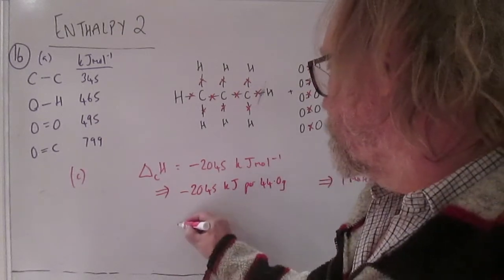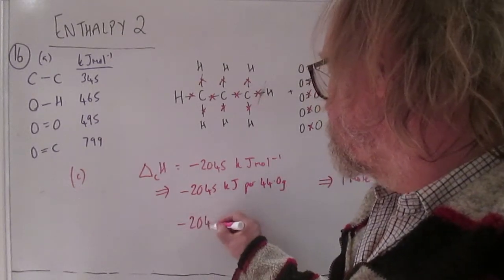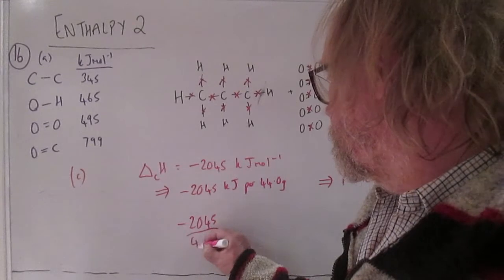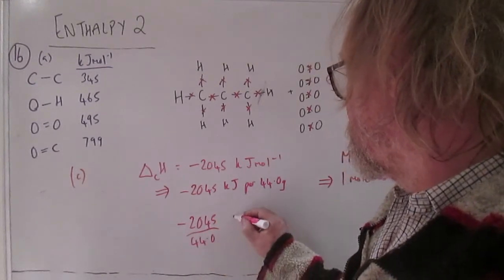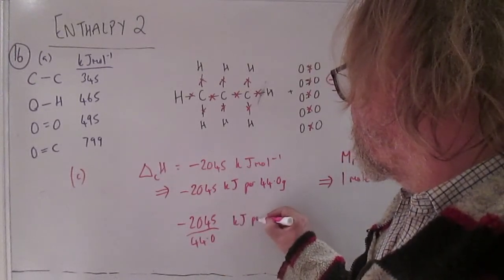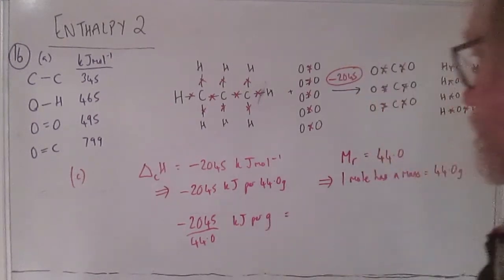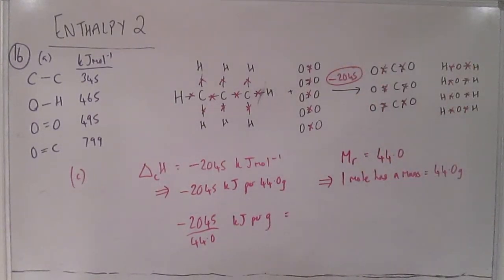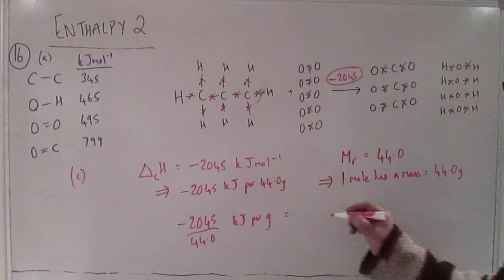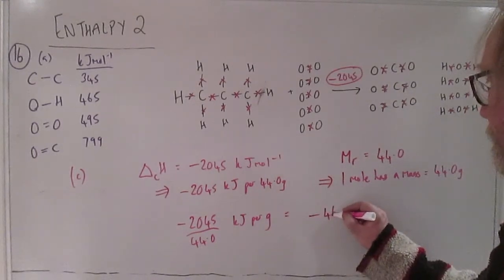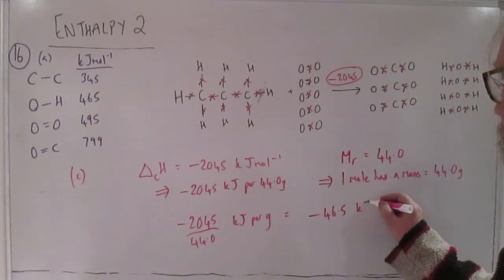So what that means is that it's minus 2045 kilojoules per 44.0 grams. So if we divide by 44, we get minus 2045 over 44.0 kilojoules per gram, which if we crunch the numbers is minus 46.5 kilojoules per gram